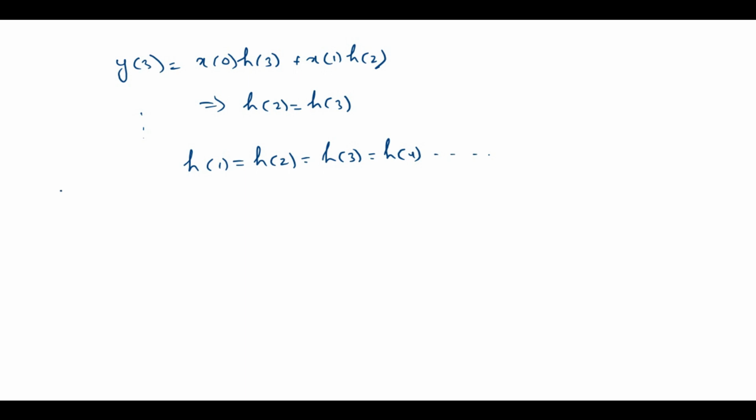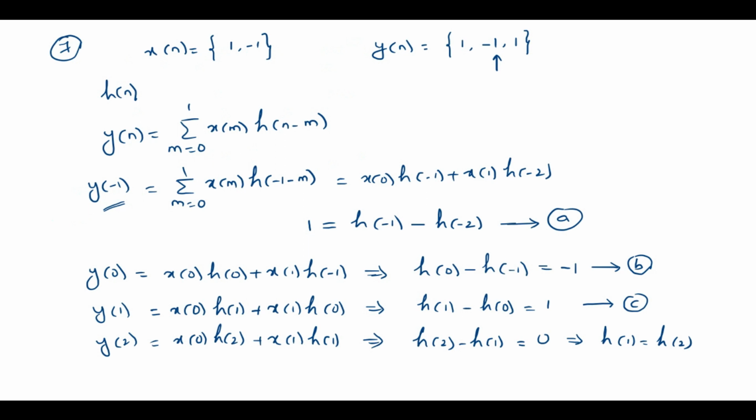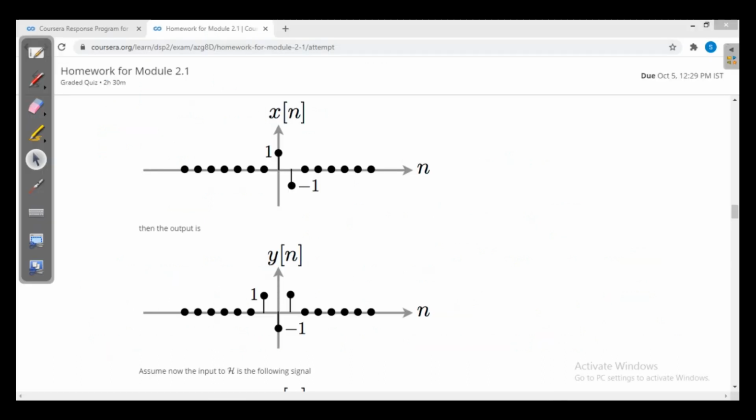So I am assuming the impulse response for negative time is 0. Why am I assuming h of minus 2 is 0? Because the response starts from minus 1 and the sequence starts from 0, so obviously there is a non-zero value at n equal to minus 1 in the impulse response. I am assuming that before that the impulse response is 0. So when the impulse response at n equal to minus 2 is 0, from equation A,